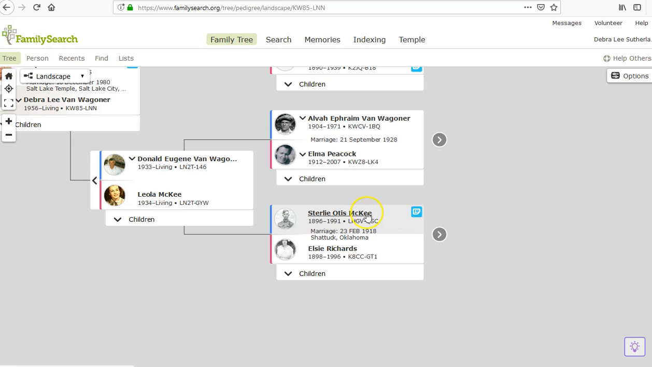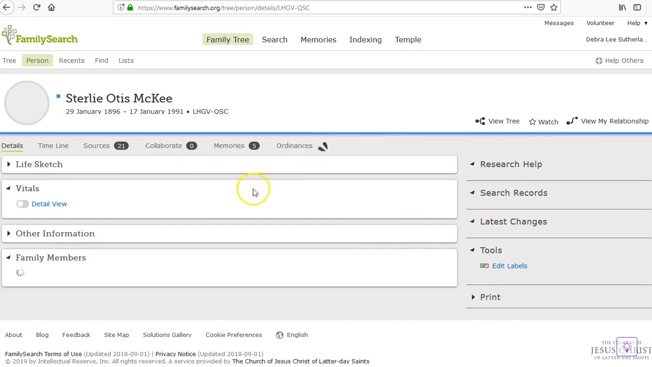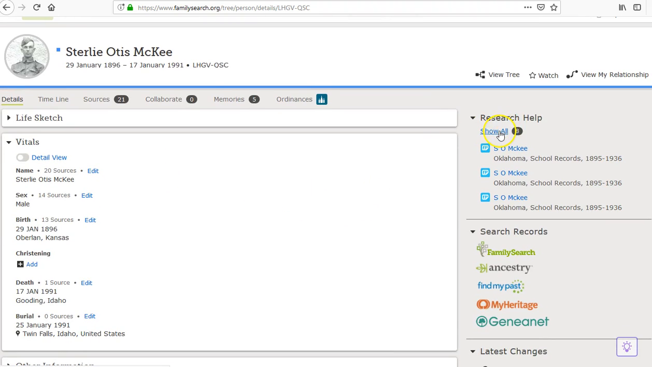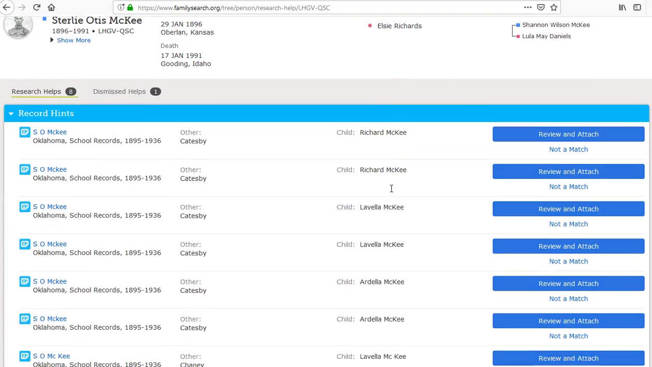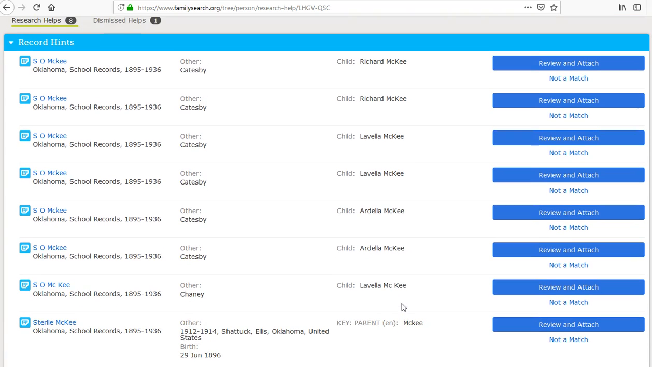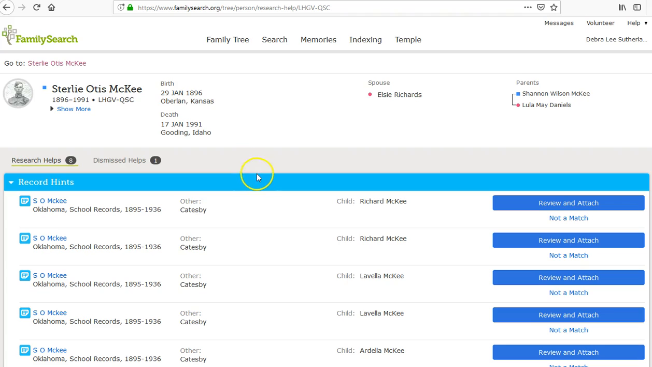So basically, you're going to go into this person, and then you're going to see that they've got research help. You're going to look and see what kind of records they have available. Oklahoma school records is what it has, and if you'll notice, it's for Lavella, Ardella, Lavella, Richard. These are all my aunts and uncles. I'm not going to pull those in because I've pulled several of those in, but if you were going to pull them in,